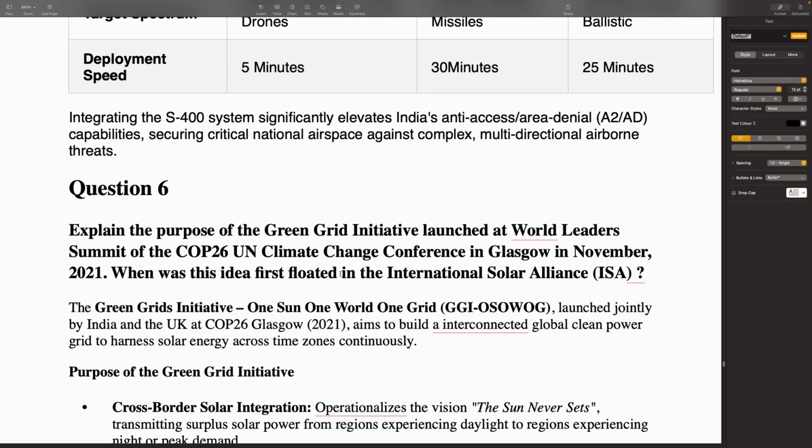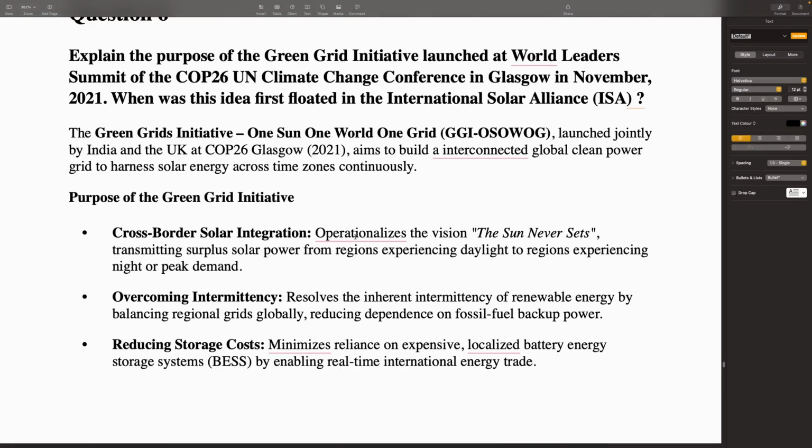Question 6. Explain the purpose of the Green Grid initiative launched at the World Leaders Summit of the COP26 UN Climate Change Conference in Glasgow in November 2021. When was this idea first floated in the International Solar Alliance? The Green Grid initiative, One Sun, One World, One Grid, launched jointly by India and UK at COP26 Glasgow 2021,